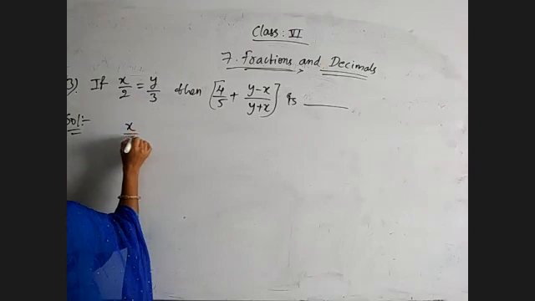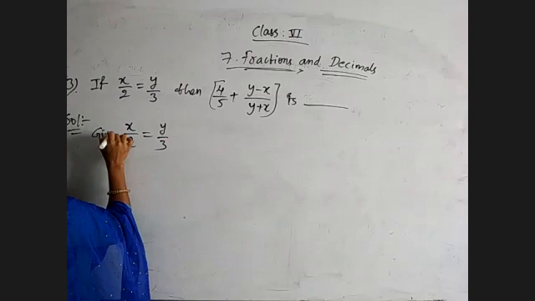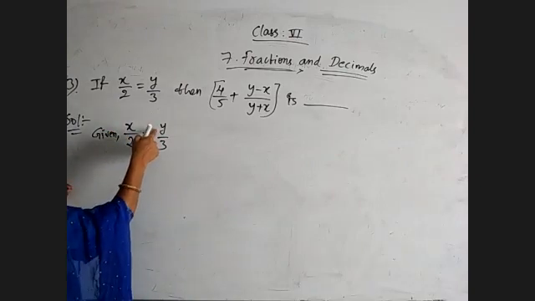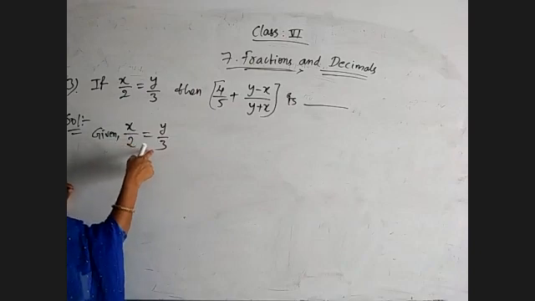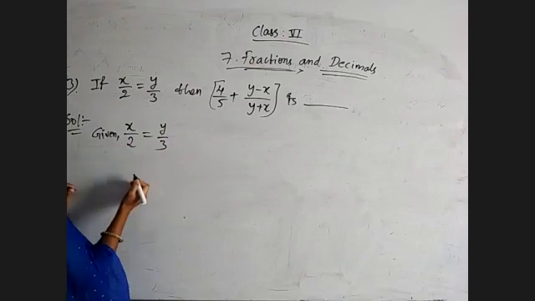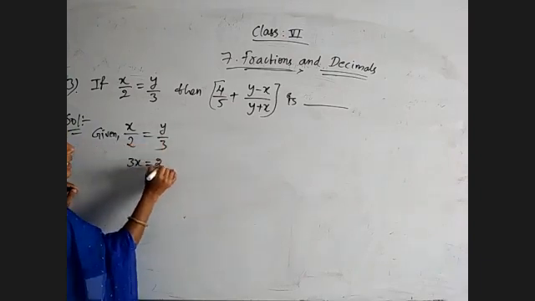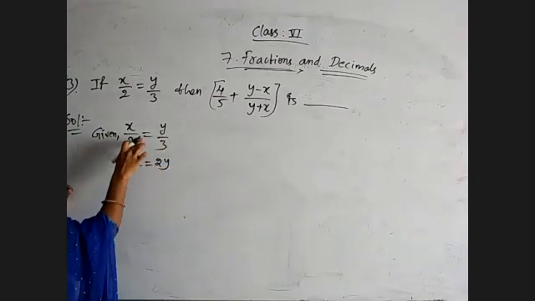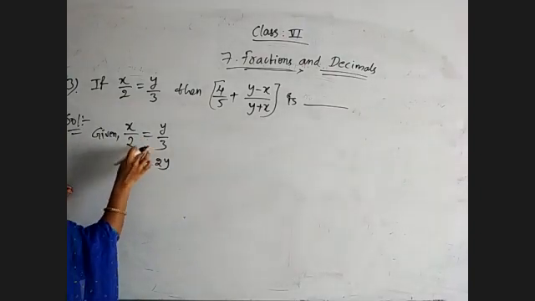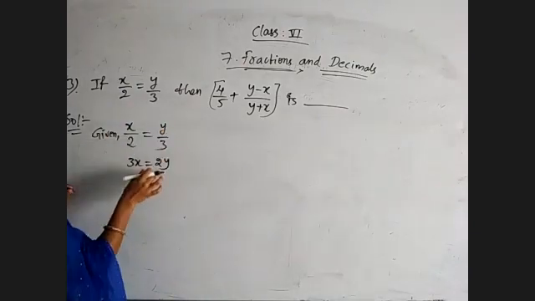See, the given condition is x by 2 is equal to y by 3. From this, actually we want x by y. So bring this term to this side and this number to this side. What will we get? Otherwise, go with the cross multiplication. 3x is equal to 2 into y. Cross multiplication is the same. If it is plus here, we will keep plus. So 3 into x is 3x, 2 into y is 2y.